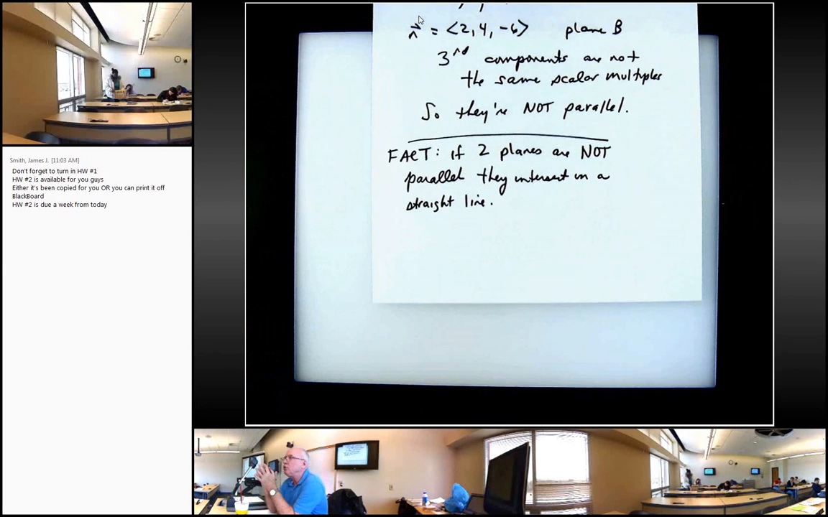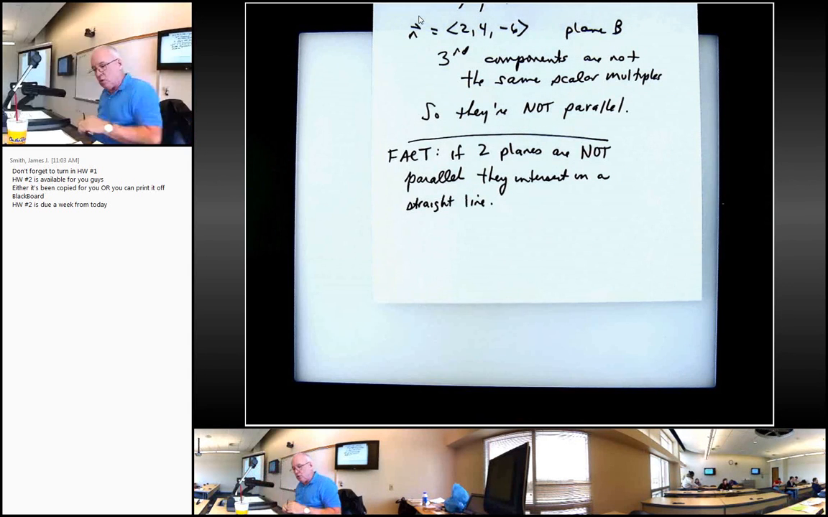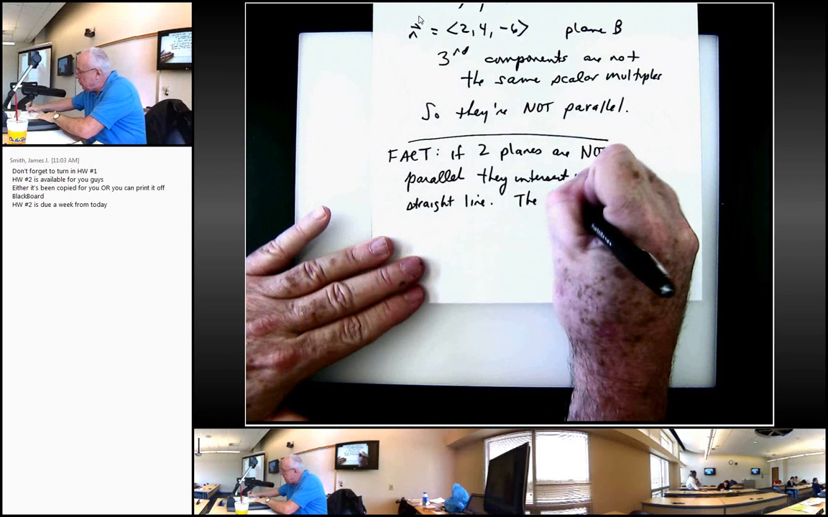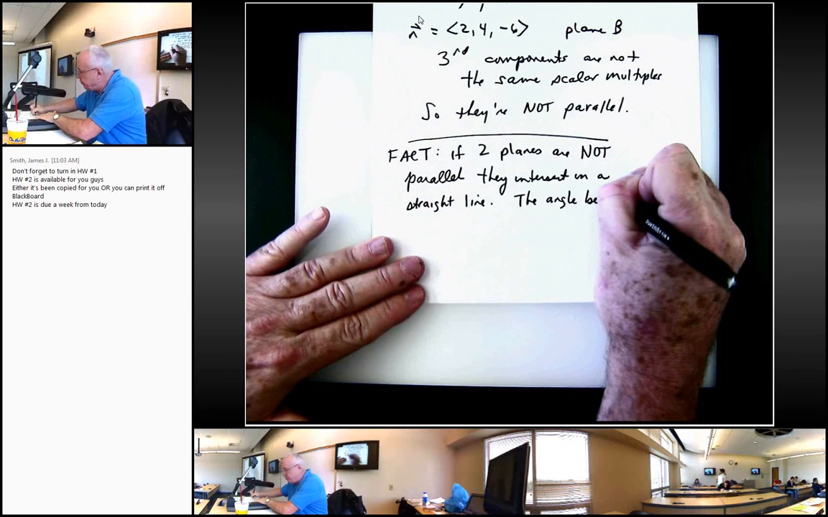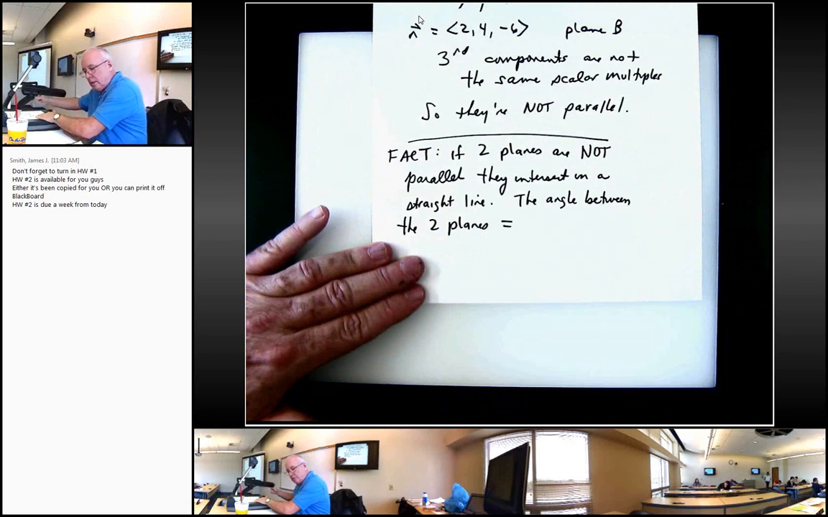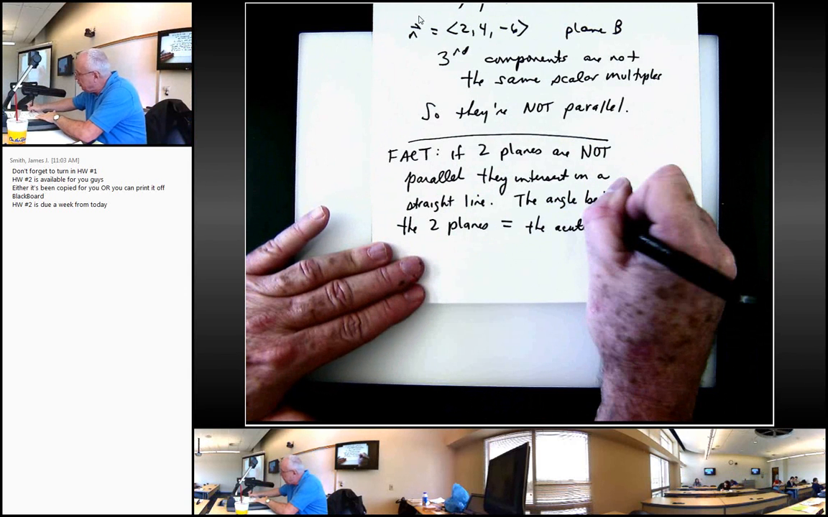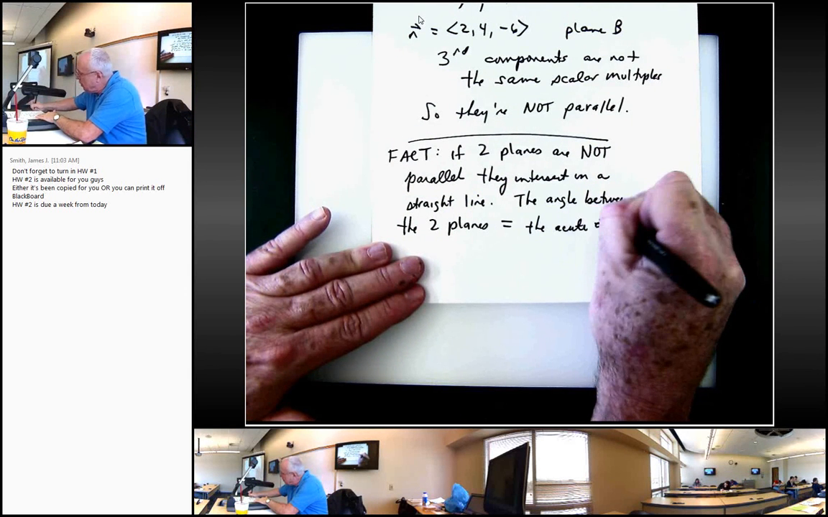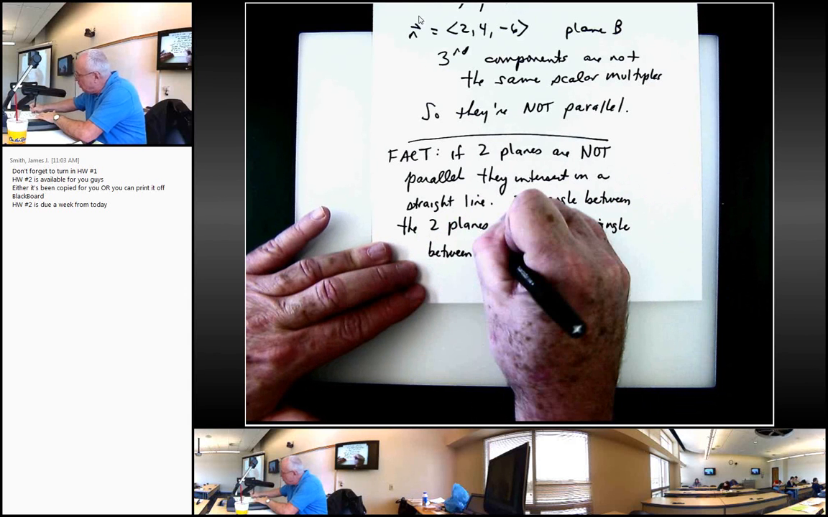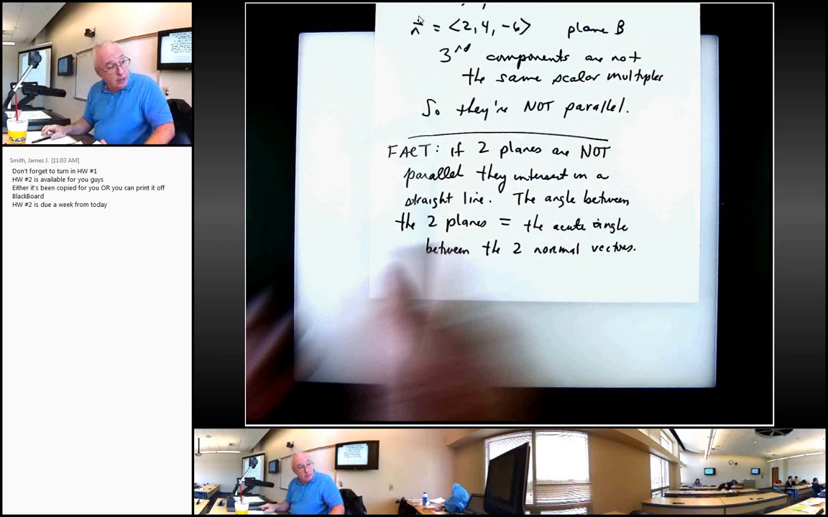The angle between the two planes is defined as the angle between the two normal vectors. The angle between the two planes equals the acute angle between the two normal vectors. Okay, so